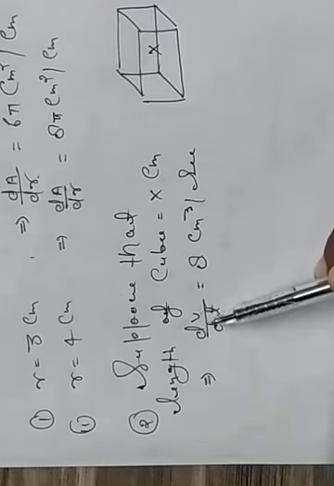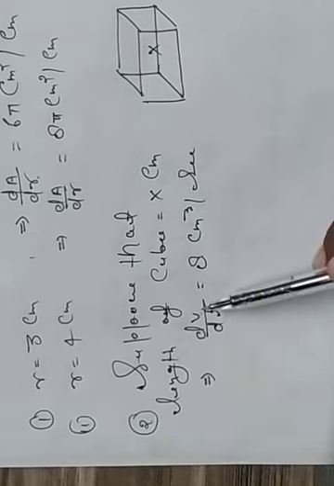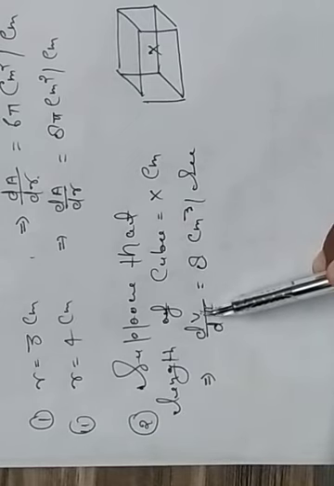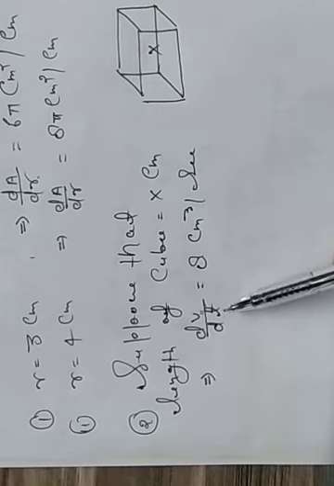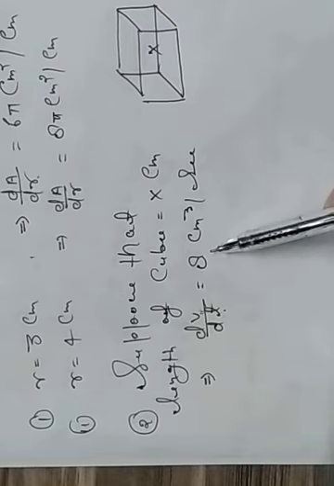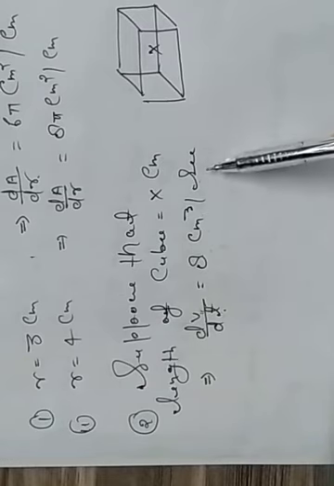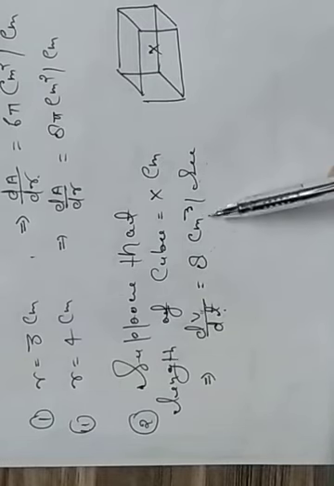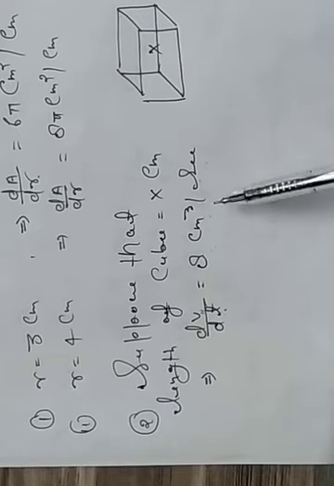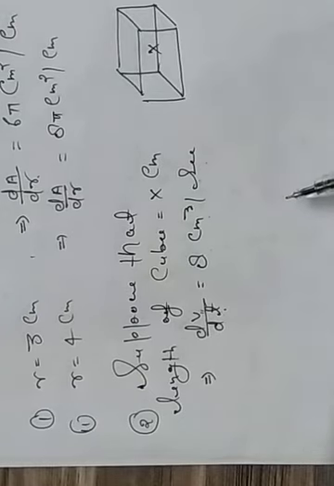Volume is continuously increasing with respect to time, and the rate of change of volume is given here as 8 centimeter cube per second. It means per second 8 centimeter cube is increasing. So the question is saying how fast is the surface area increasing when the length of an edge is 12